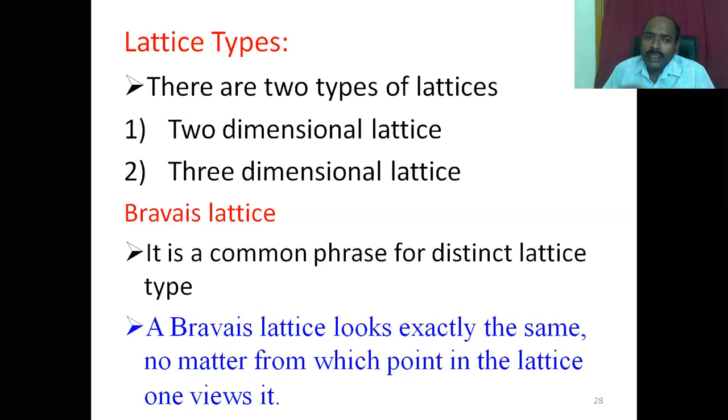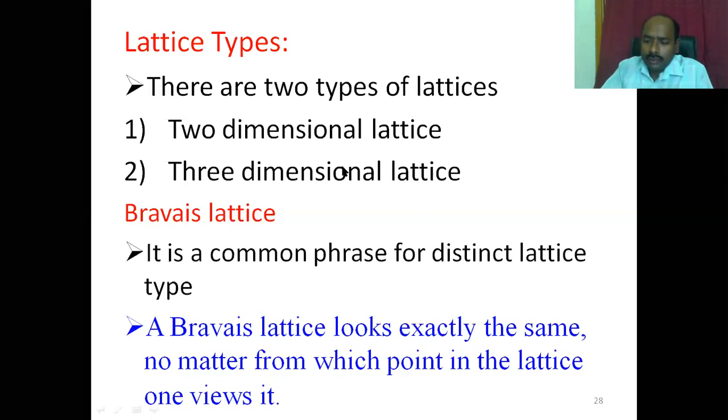Onefold means theta is equal to 2 pi by n. If we keep n equal to 1, theta is equal to 360. Obviously any object, if we rotate by 360, we get the same structure. Therefore, we are not talking about that. Only twofold, threefold, fourfold and sixfold are significant.